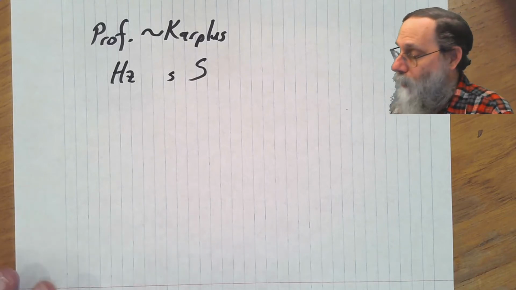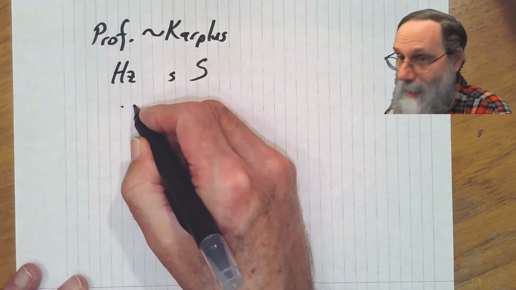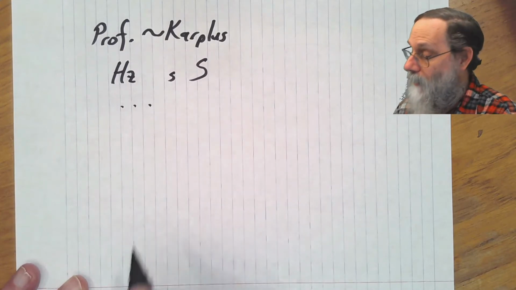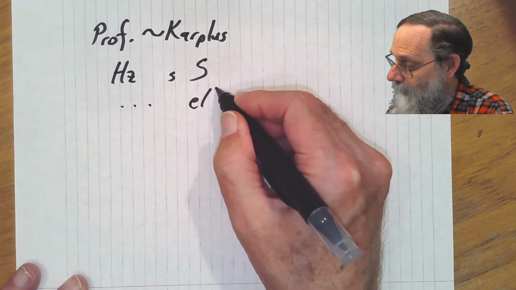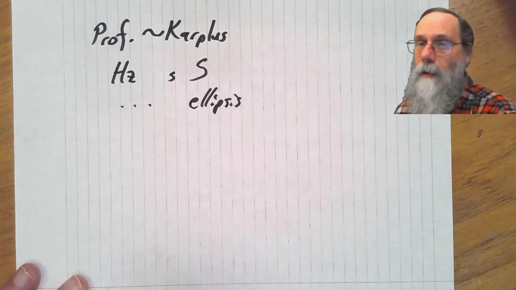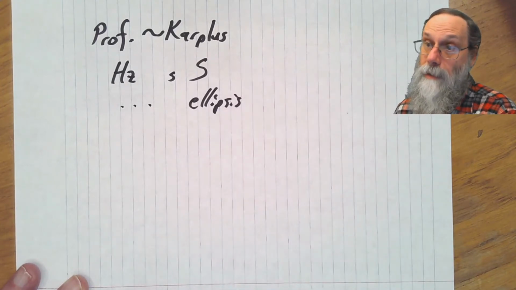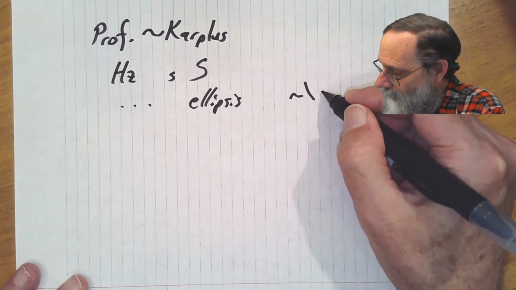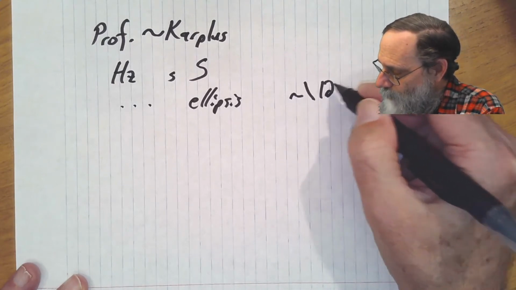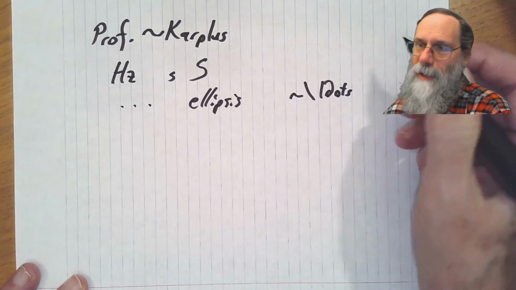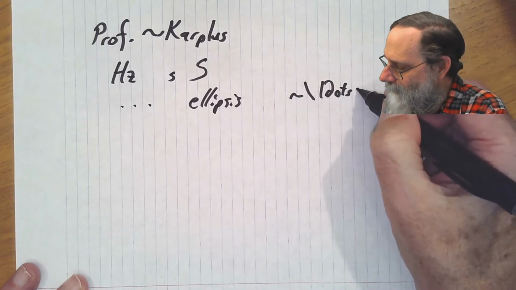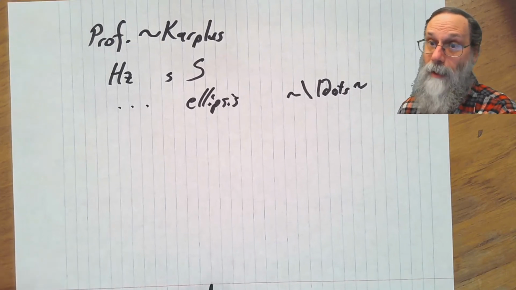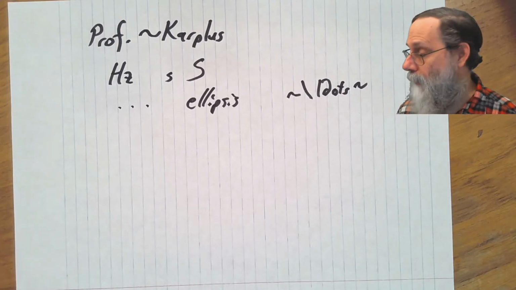Another important point is that an ellipsis is not done with periods. This is a special character called an ellipsis, and in LaTeX you write it by saying I want an unbreakable space, then I usually use \ldots, which means dots on the lower line. There's also something \cdots, which you use in math when you have the dots up higher.